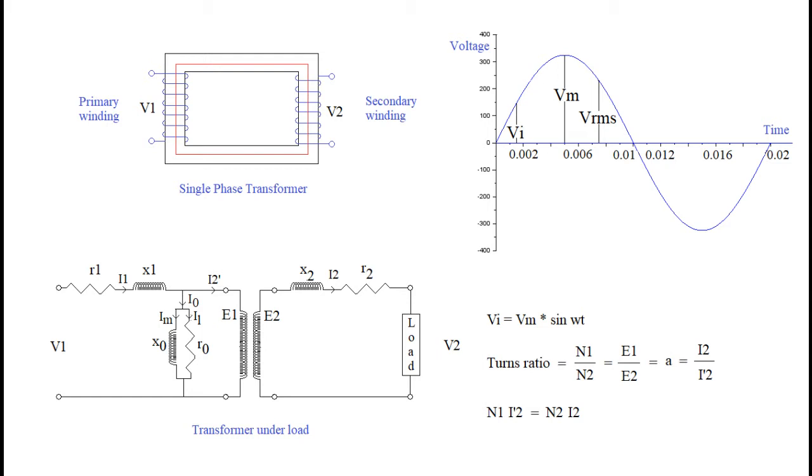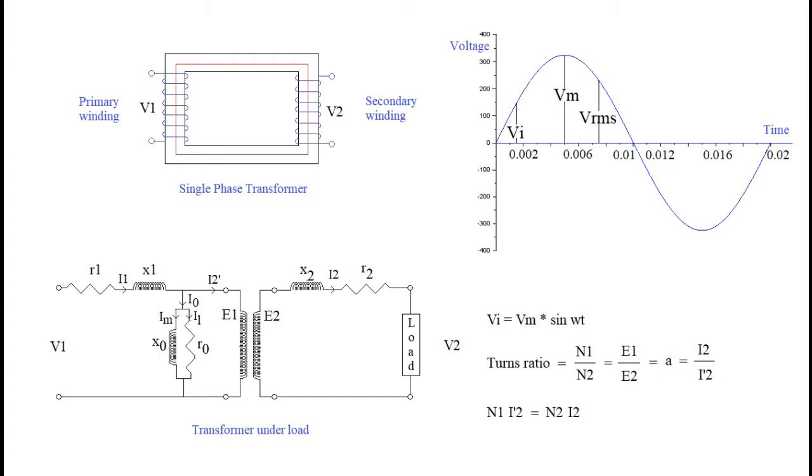The basic principle of a transformer is that it needs two coils that are electrically isolated but magnetically coupled. The main flux is created by the magnetizing component of the no load current I0. This main flux is responsible for inducing EMF in both the primary winding and the secondary winding, whose values are E1 and E2. When the transformer is under no load condition, only induction of EMF takes place. E1 is said to be induced by self-induction and E2 is due to mutual induction.